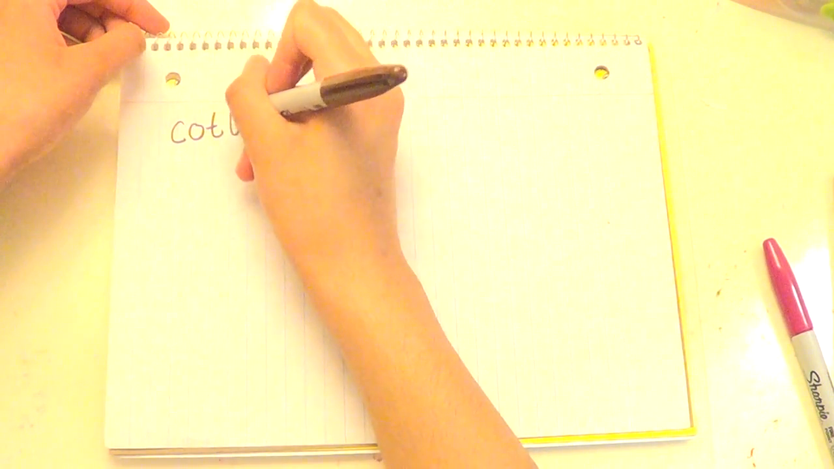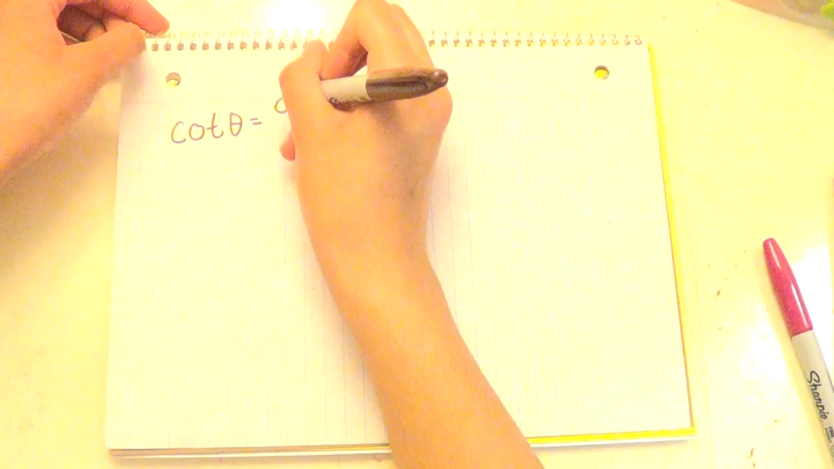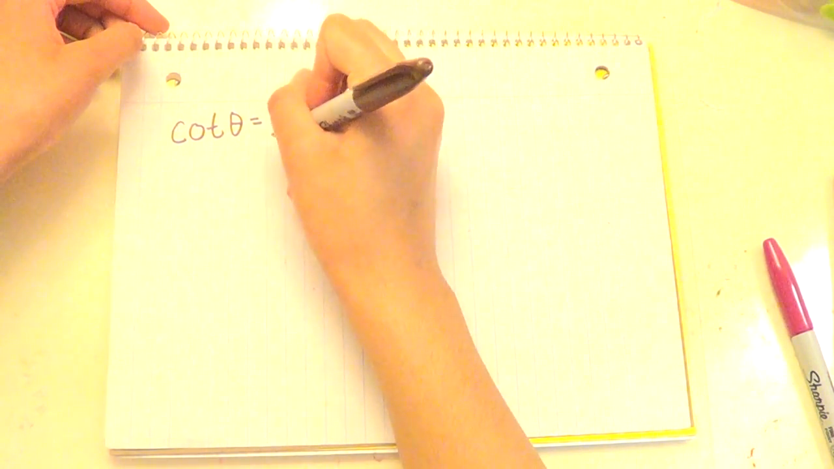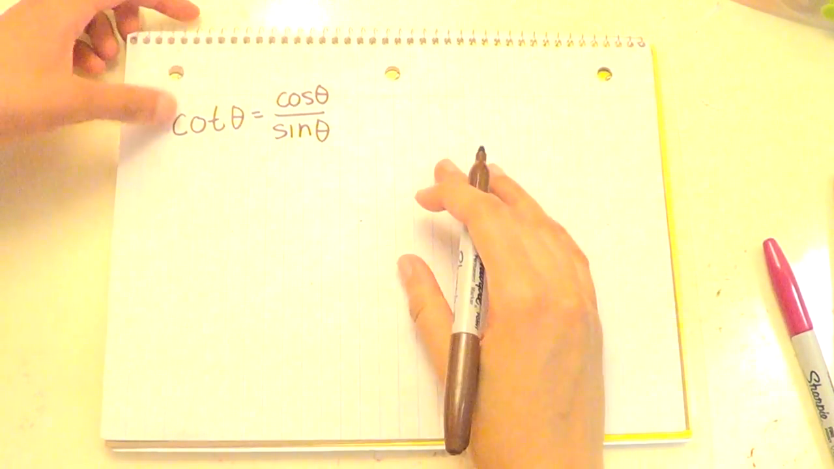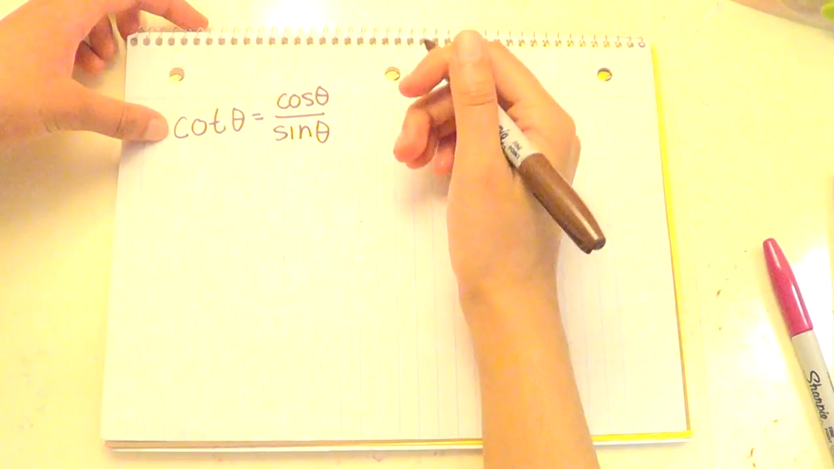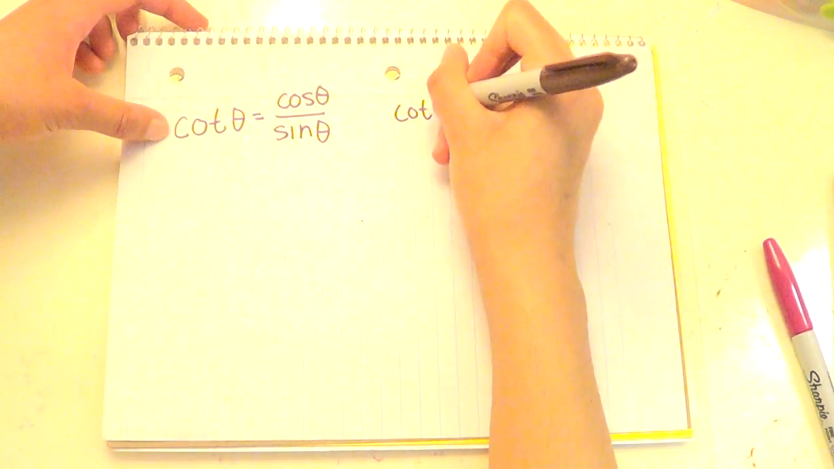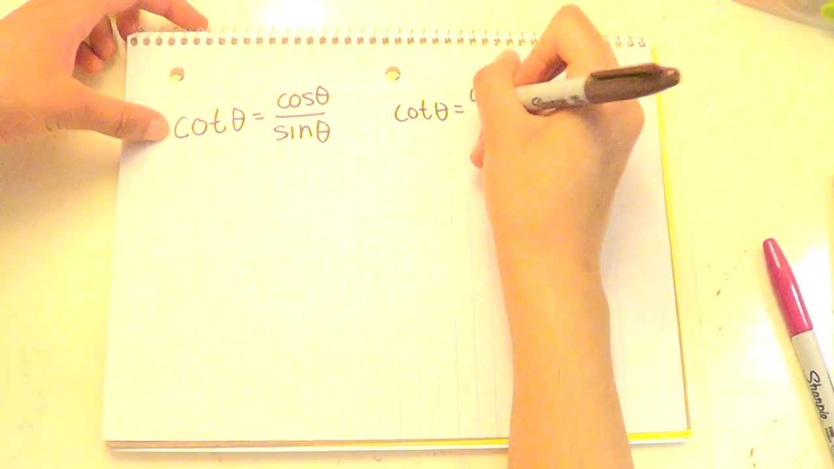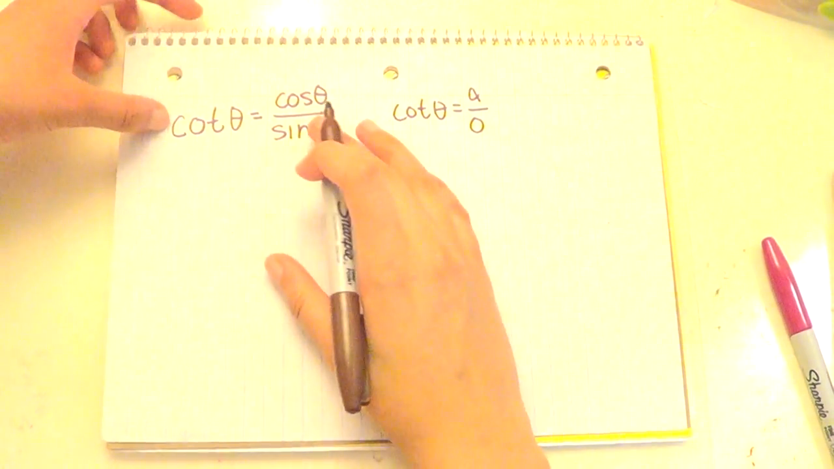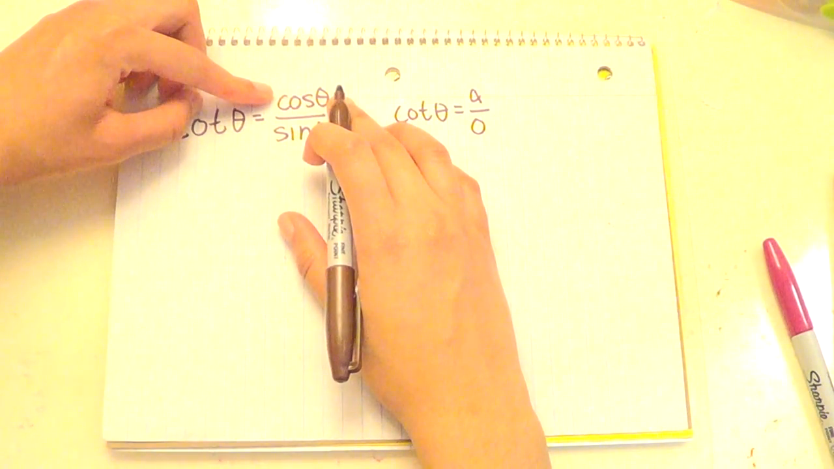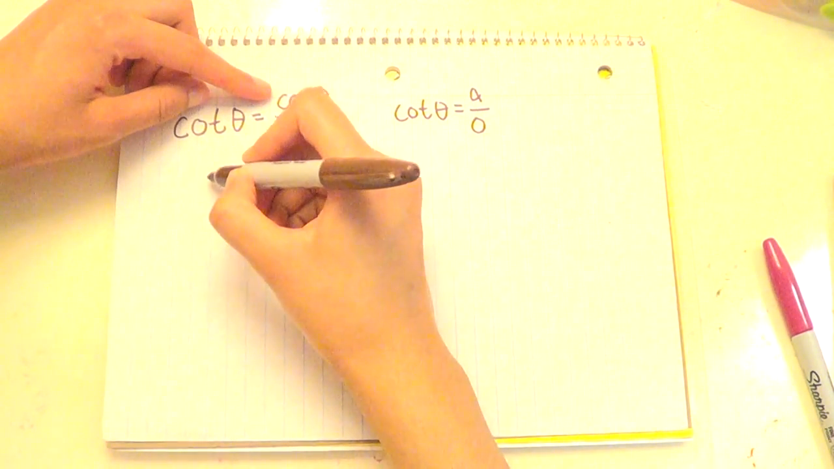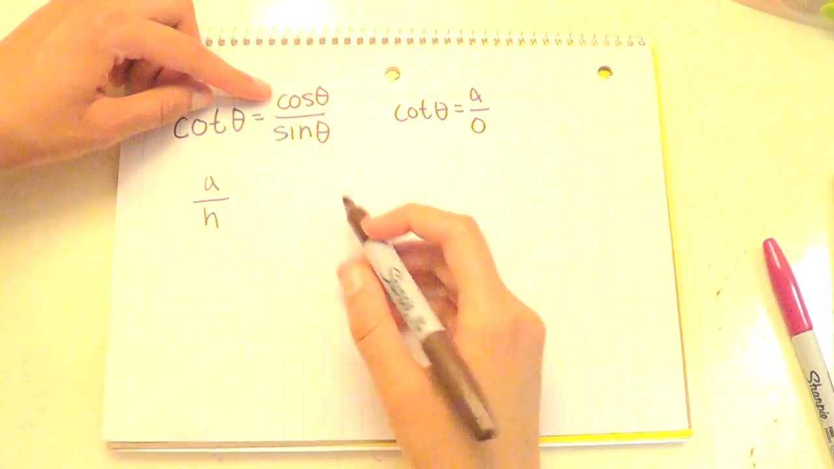The second trig ratio identity, which is cotangent equals cosine theta over sine theta, is also true because cotangent equals adjacent over opposite. So, if you replace cosine theta, which is actually adjacent over hypotenuse, and replace sine theta